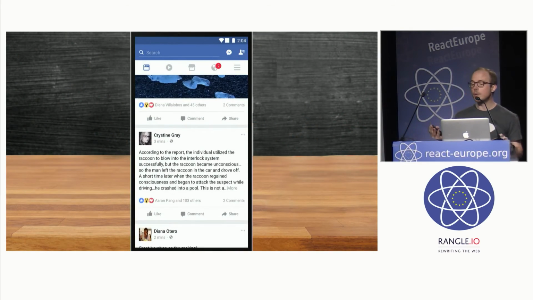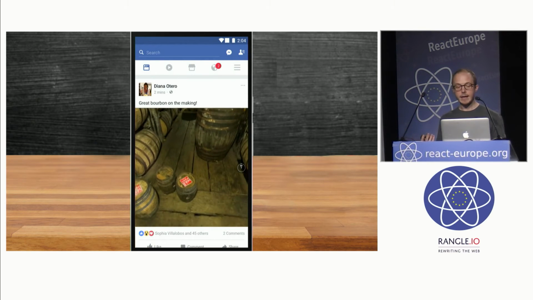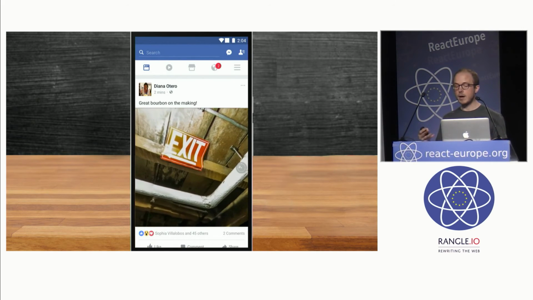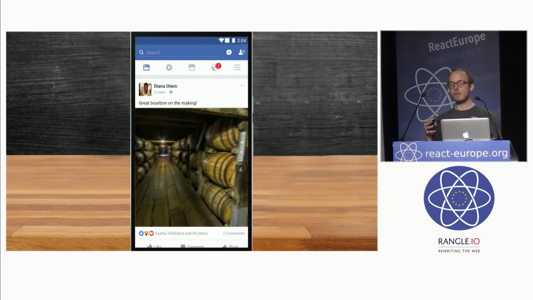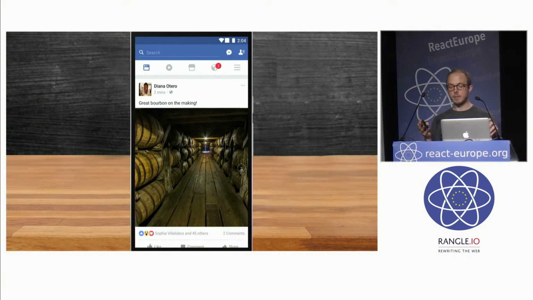So we've covered a little bit of what we're doing with the native runtime. What about the WebVR framework that is in your hands today? Building on technology pioneered by the Instant Games team at Facebook, we have made it incredibly easy to share React VR experiences directly within the Facebook newsfeed. Users will be presented with a 360 photo preview, and then tapping anywhere on that preview will launch a full screen experience. And then you'll be able to pan around the scene by using the phone's accelerometer, or swipe to move the camera and explore.